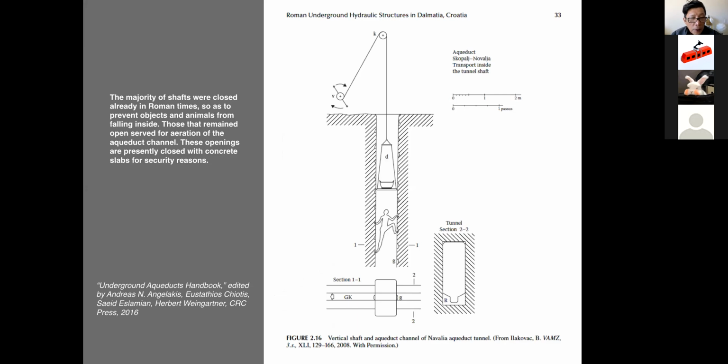So here, you saw that the majority of shafts were closed already in Roman times. In other words, as the Roman Empire was beginning to shrink and recede, they were being abandoned already, so as to prevent objects and animals from falling inside. They started to cover them up, or even in modern times, completely close them with concrete poured into the shafts. But you can see in this illustration, in the hydraulic structure of Dalmatia, that a lift was a kind of mechanical construction that was most probably operated by human strength, turning them around to lift